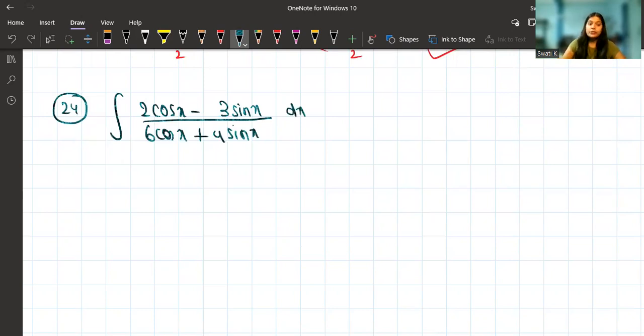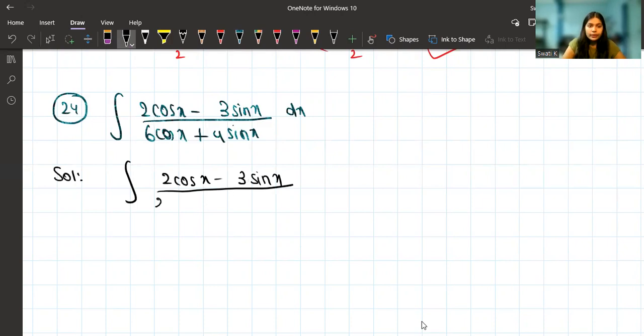So now we need to simplify this, and we are going to solve this by simplifying this integration question a little bit. The numerator stays as it is. From the denominator, we can take 2 common. So if you take 2 common, it is 3 cos x plus 2 sin x, and then